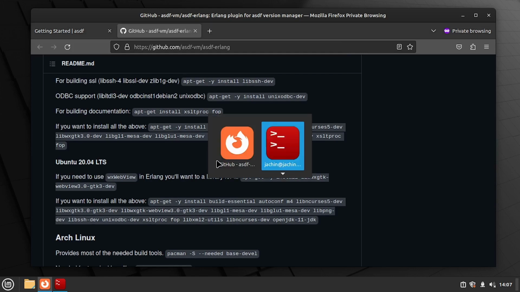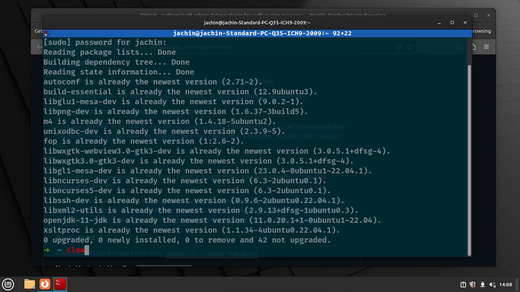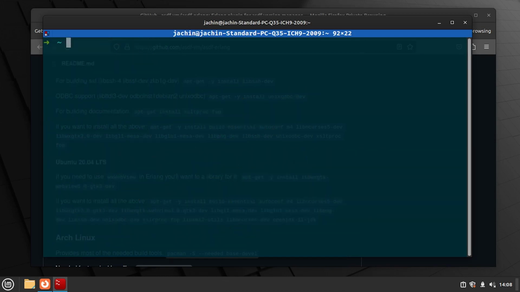So I'm going to go back to my terminal. Let me clear that. To install Erlang, you can just do asdf install, then give it the plugin name, which is erlang, and the version you want to install. However, before we do that, we can take a look at the list of available versions we can install for Erlang. To do that, we can do asdf list